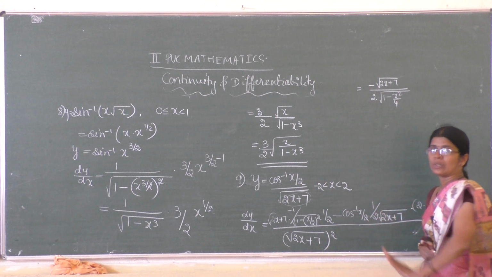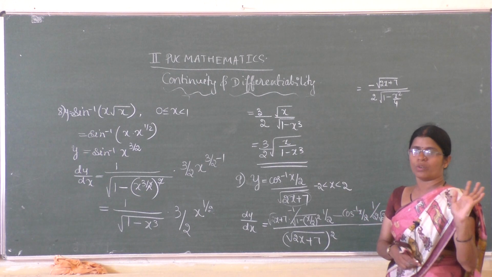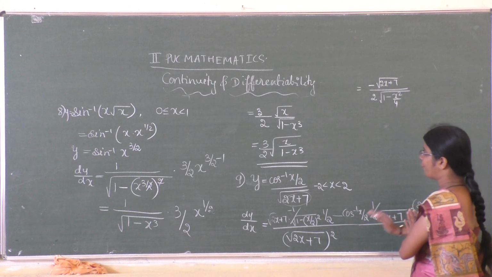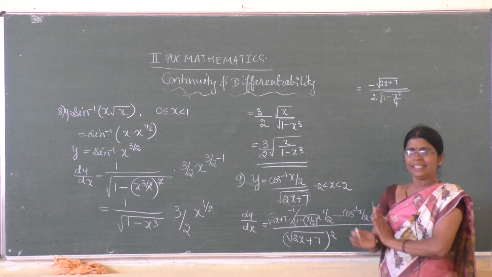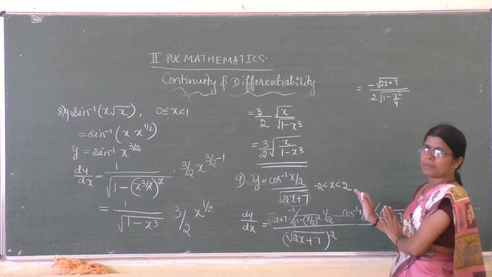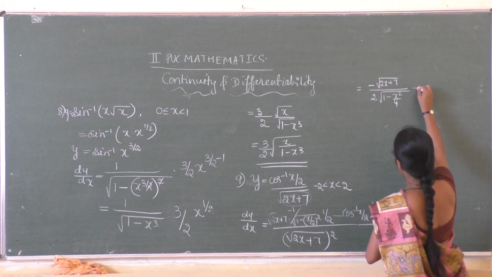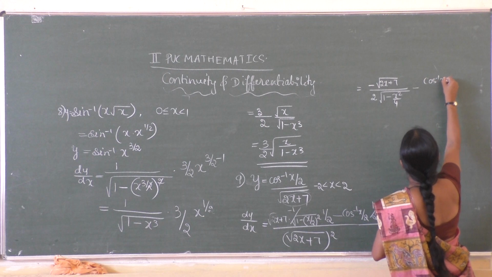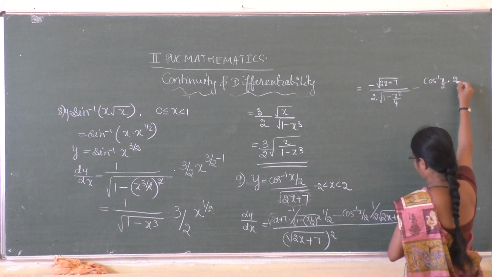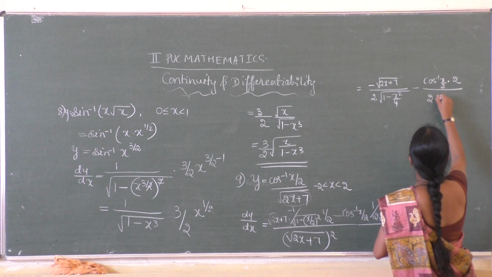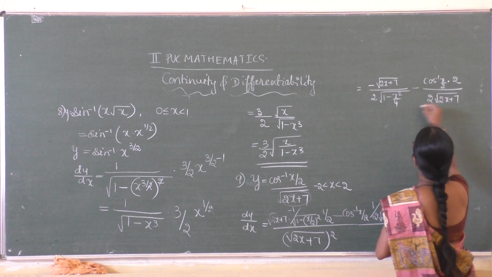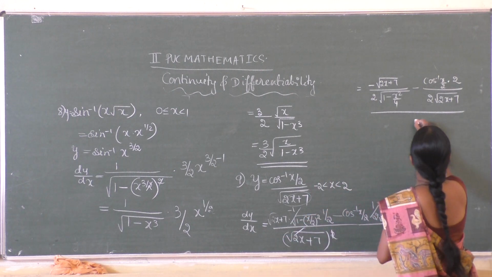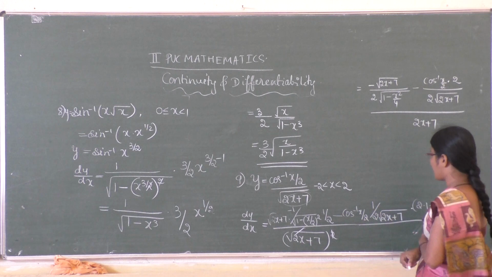The differentiation is over. Now the thing is simplification. Only simplification is needed. That means we have to try to write this in a neat form, whatever is possible, we write that much only. So minus cos inverse of x by 2 into 2, divided by 2 root of 2x plus 7, that divided by square, and square and square root cancel. So you are getting here 2x plus 7.